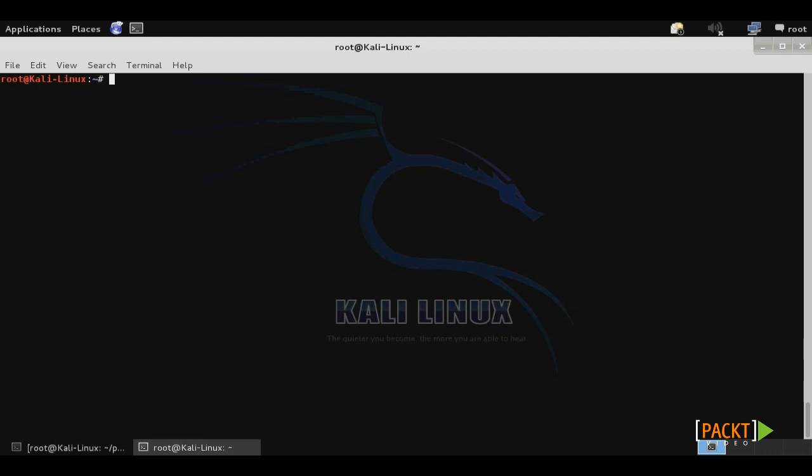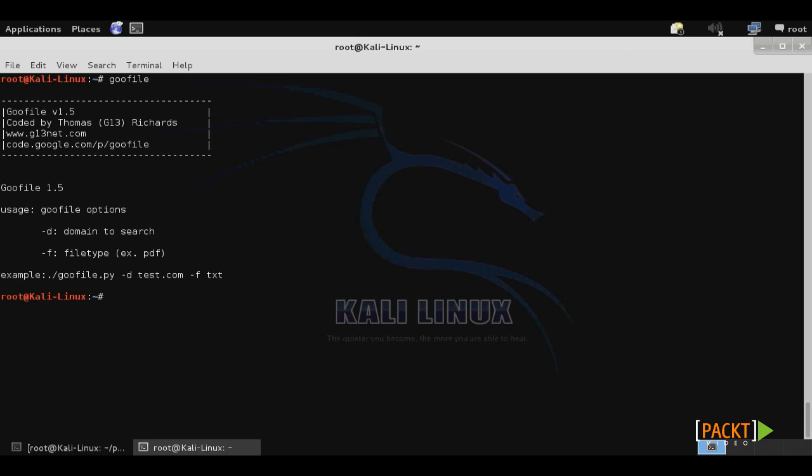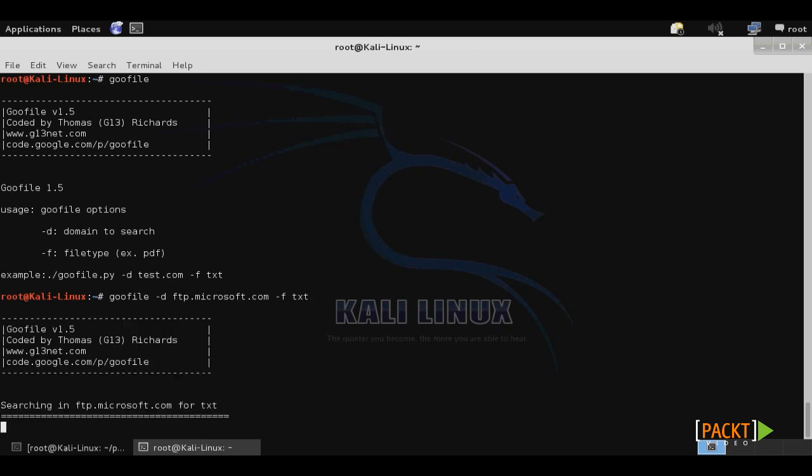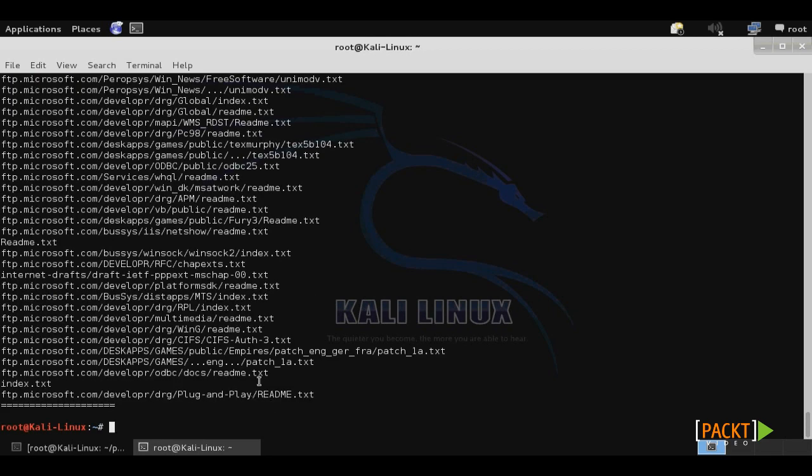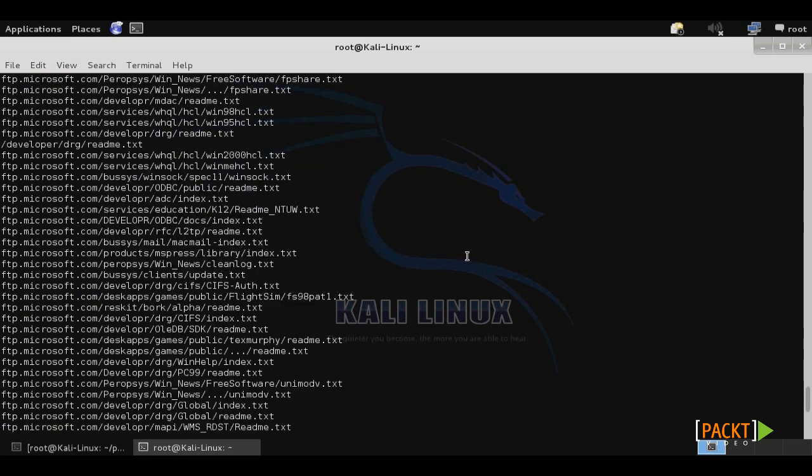Another helpful tool for automating passive information gathering is goofile. This is a very simple file enumeration tool that will search a domain for a specific file type using the Google search engine. So, for example, we'll use goofile, then -d to specify the domain, and we'll specify our ftp.microsoft.com site, and then -f to specify the file type that we want to search for, and then we can use any file extension, so we'll go ahead and try txt. And that will return any text files located within that